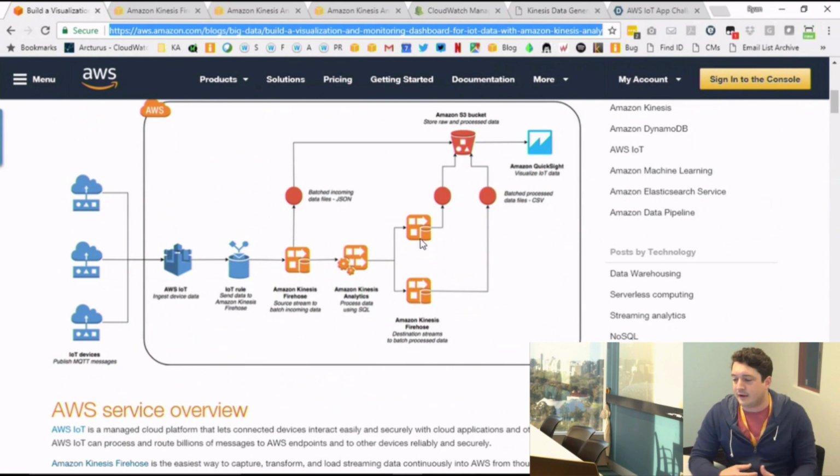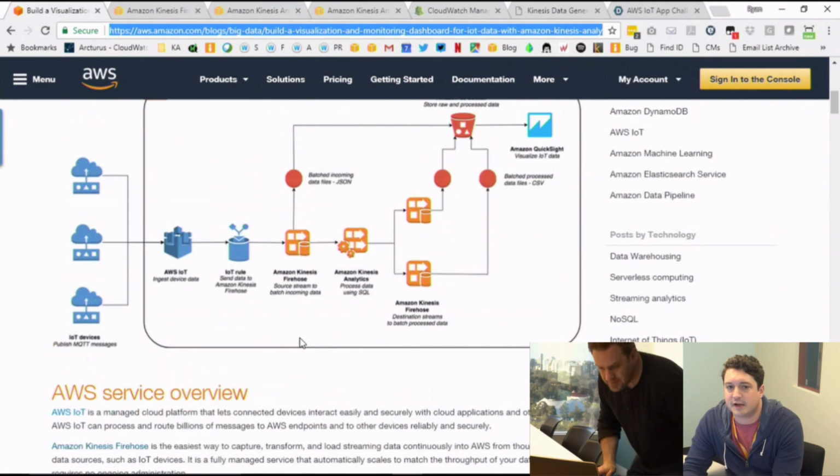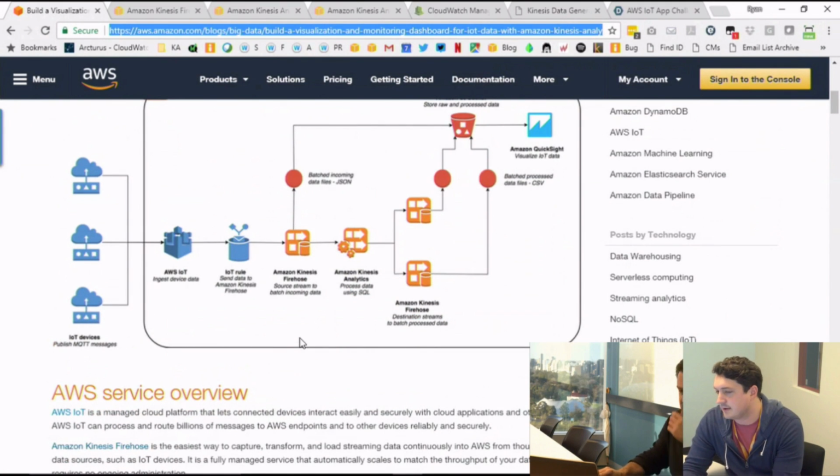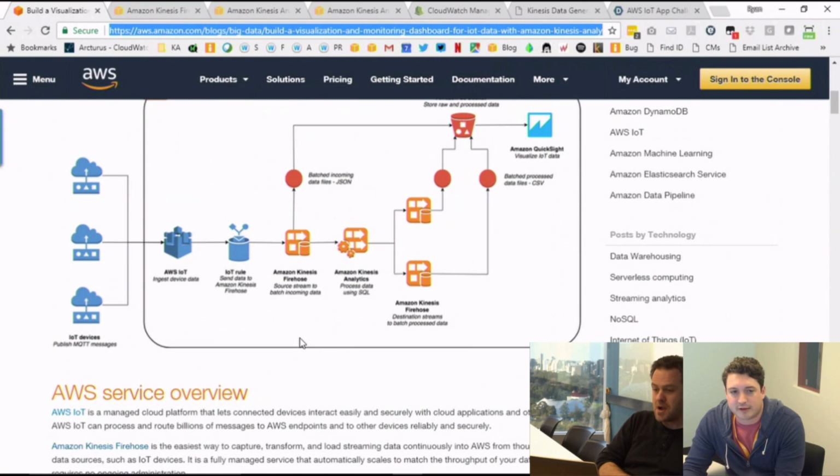In order to simplify this a little bit, I've got some of the portions already running. But as we go through this, the first thing is how do we ingest data and why do we use Amazon Kinesis? AWS IoT provides a very good front end for interacting with devices via MQTT.